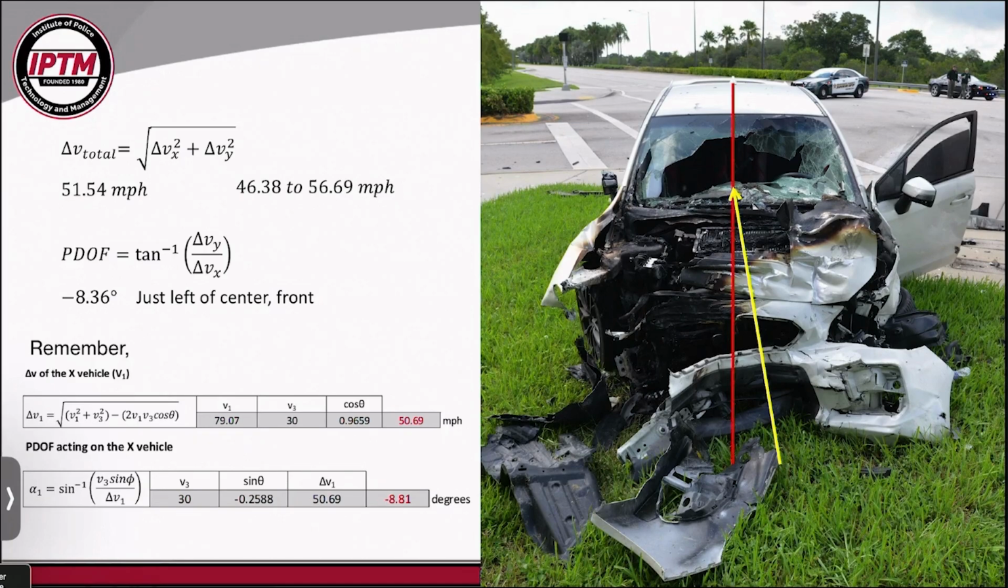And as we continue down this slide here, as a reminder, these charts down here at the bottom, where we have delta V of the X vehicle and PDOF acting on the X vehicle, that is what we got from our conservation of linear momentum analysis. Now, the reason why that's important is because, again, the idea here of what we're trying to accomplish is,